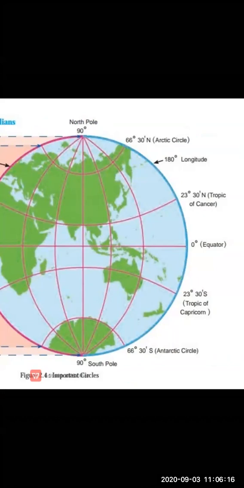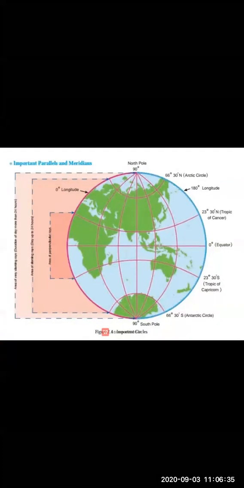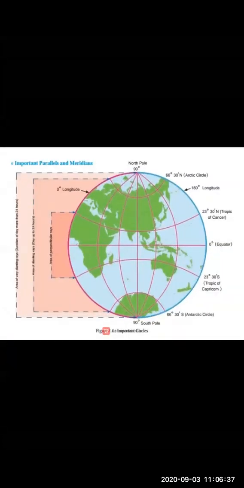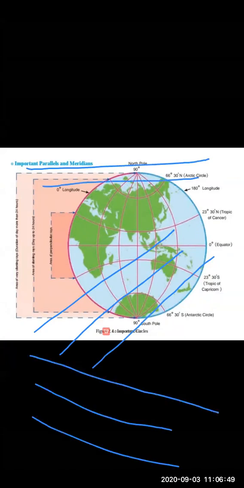So what happens? Sunlight appears to be less bright and there is less heat in this region. The surface there gets less heated and the air too is less hot in this region. Children, slanting does not mean like this. Not perpendicular means not straight, they are not forming 90 degrees, they are in a slanting direction.